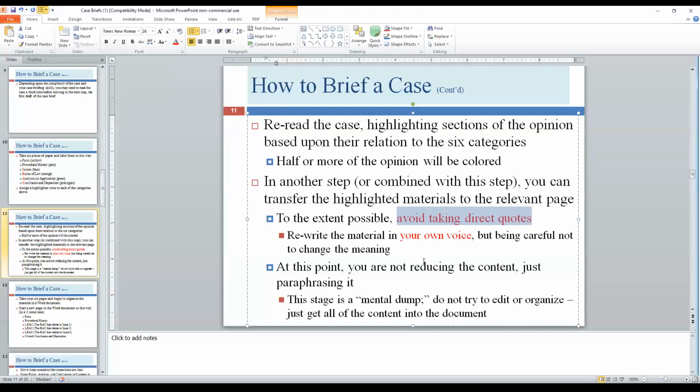It's not that you can't ever use direct quotes, but if you have more than one in a case brief, I would challenge myself on that. I think one is probably okay, but more than that, you're probably doing too much. You're going to paraphrase. Now you say, well, why not just use a quote instead of paraphrasing it? Well, there's two reasons. The first reason that you want to